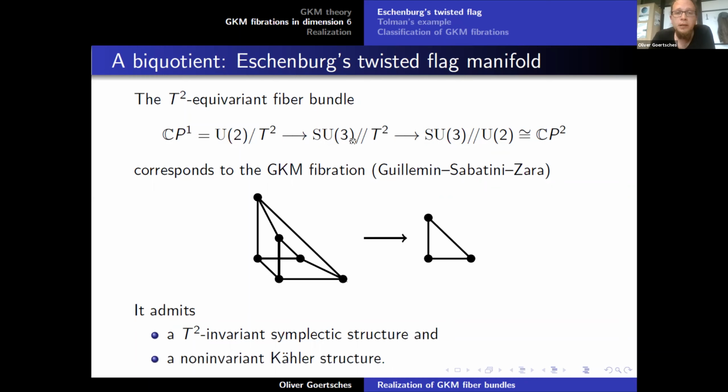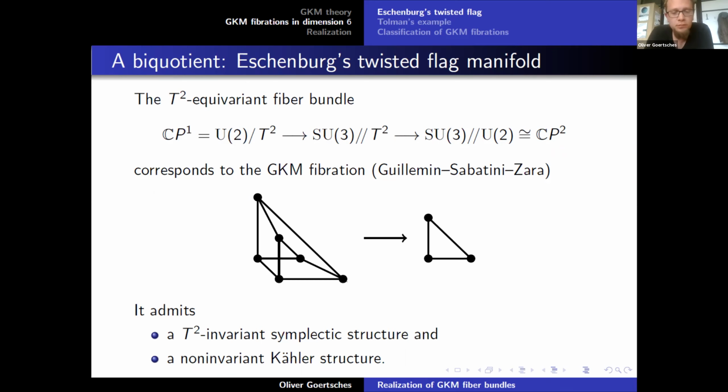And on the other hand, this manifold also has a Kähler structure. Why does it have a Kähler structure? As I mentioned before, this thing is the projectivization of a complex rank 2 vector bundle over CP2. But it's known that every complex rank 2 vector bundle over CP2 admits a holomorphic structure. And when you projectivize this bundle, you get a Kähler structure. But this Kähler structure then has nothing to do anymore with this action.